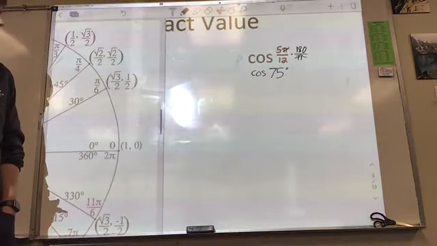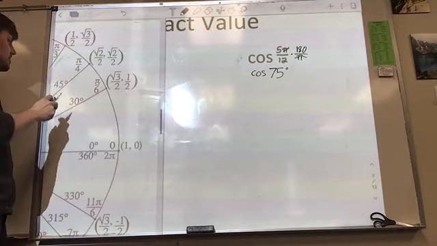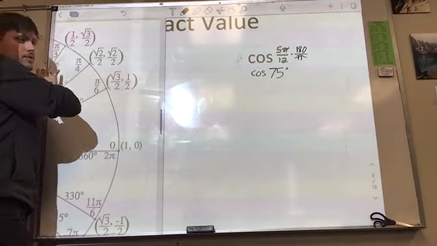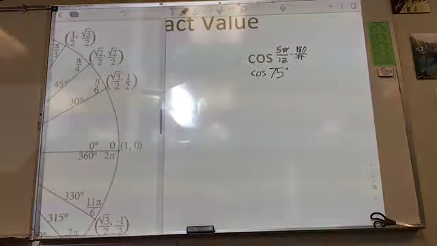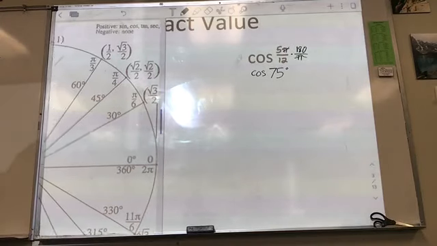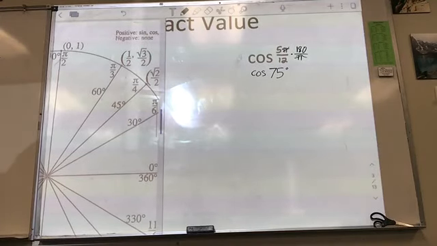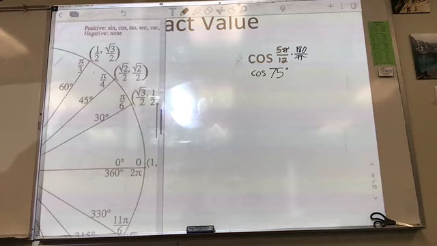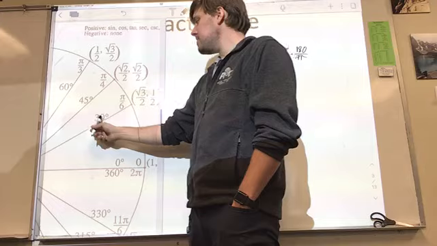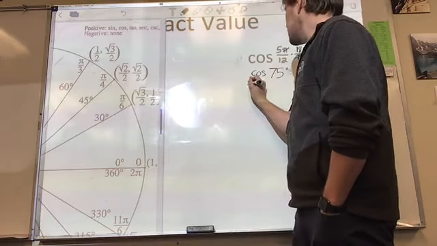No. 75 degrees would be right here, between 60 and 90. That's not there, so we can't do that. We have to figure out something that adds or subtracts to get it. We've got 2 easy things that add to get 75. What about 30 plus 45? So cosine